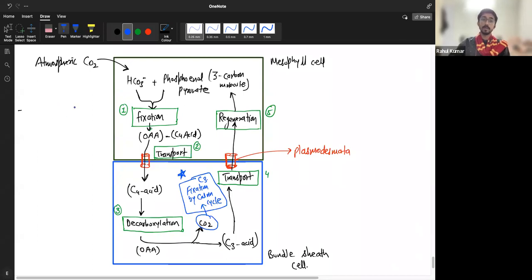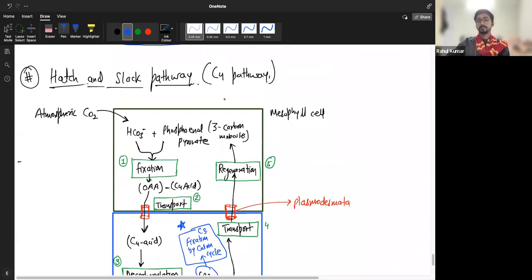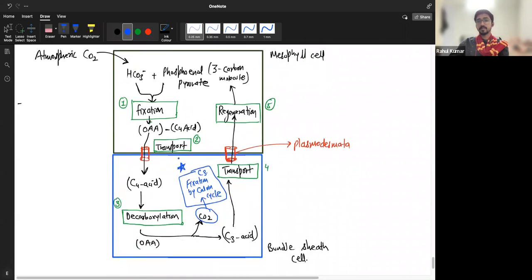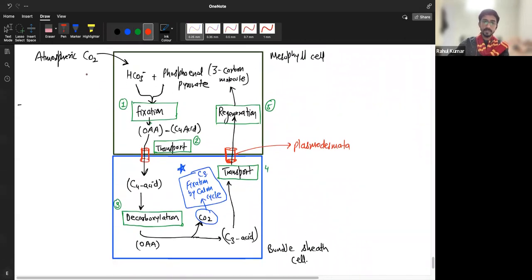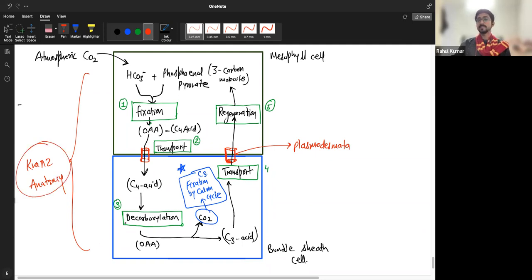This C4 plant, which has this kind of anatomy. So this anatomy called Kranz anatomy, where the bundle sheath cells are surrounding the vascular bundle and the mesophyll cell. So very intelligently with this design, this C4 plant,